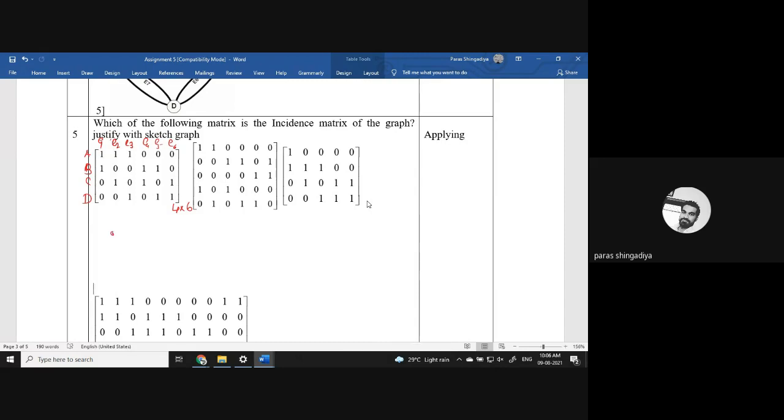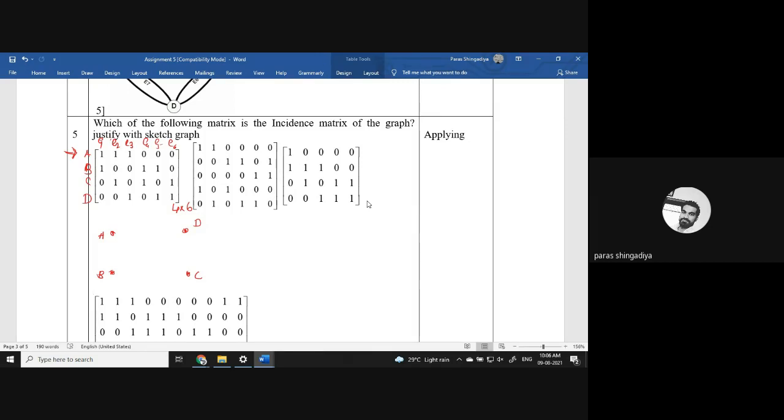I consider 4 vertices for the graph, and by using 6 edges, I will create this graph. Is it clear? 4 means the number of vertices and 6 means the number of edges. Clear? So A, B, C, D with E1, E2, E3, E4, E5, E6. Consider the first row here, and check its connection with all the other rows. That is one way to create the graph.